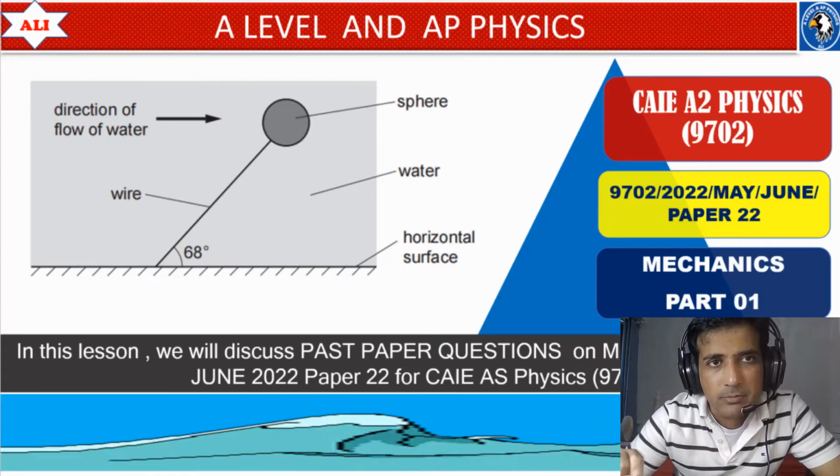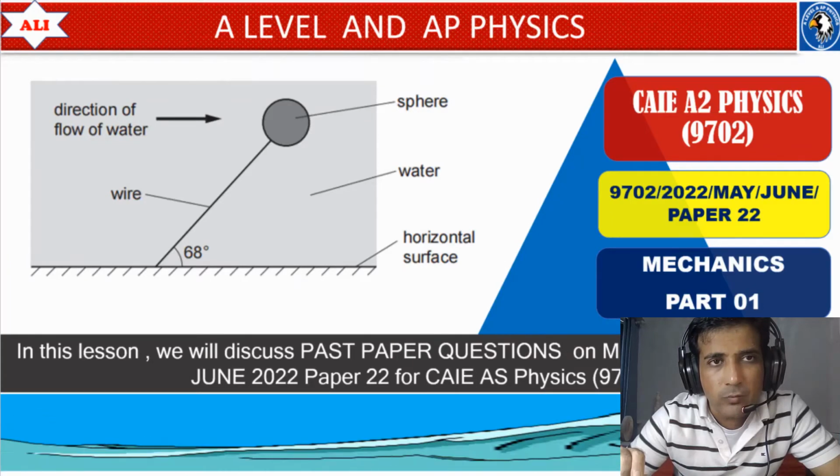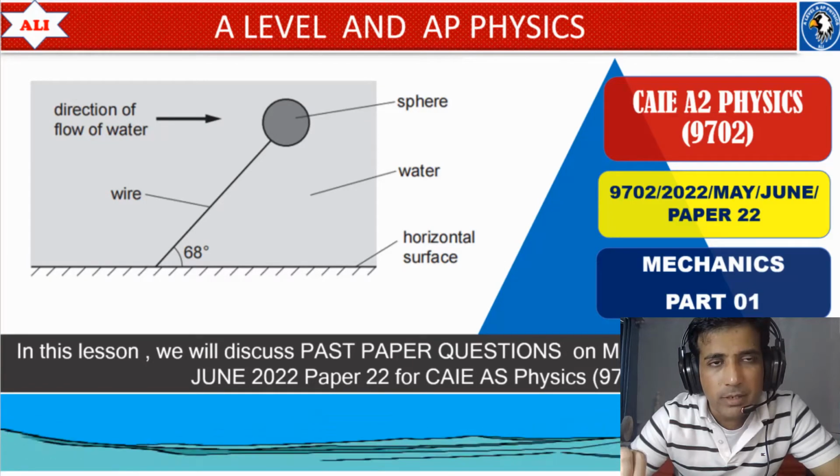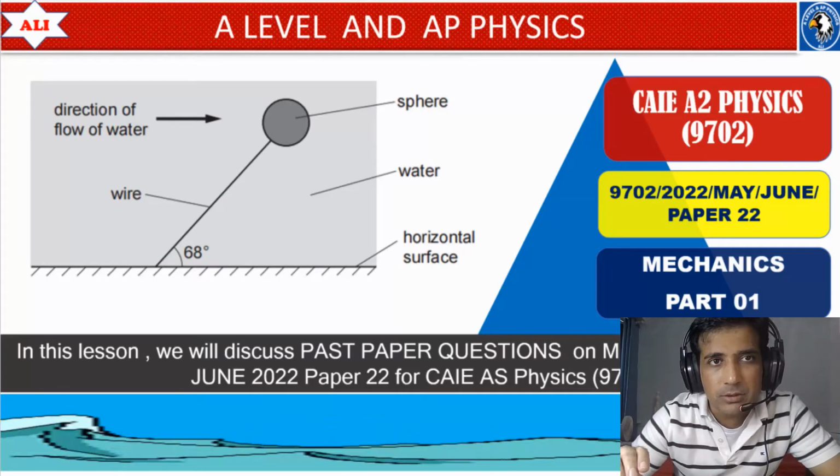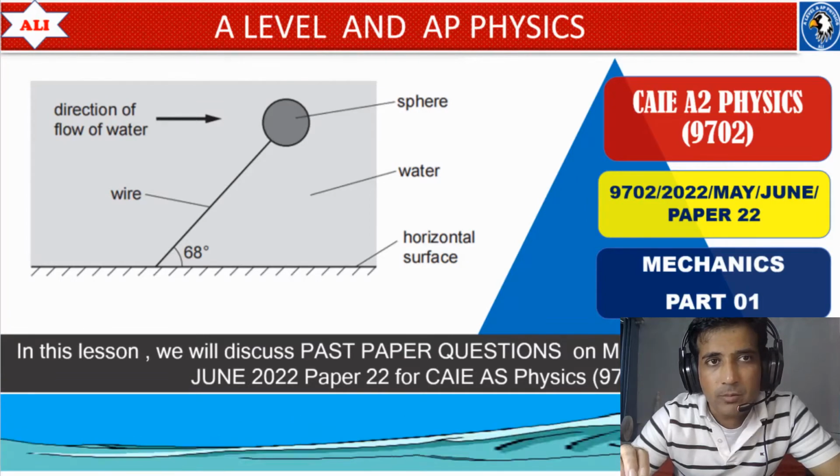In the last year's papers, you will see data on one page and formulae for AS and A2 physics on another page. But in this new syllabus and this year's papers, you will see data and formulae only for AS physics on one page. So this is a kind of subtle change in this paper from 2022.